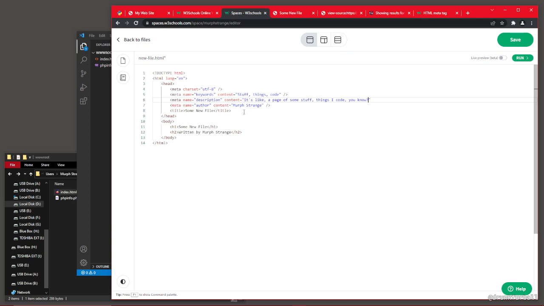Real good description there, right? So, why is this one coming up a weird color? Oh, because I didn't close this one yet. There we go. Okay. Now, if this page were to show up in some search engine results, it's probably because